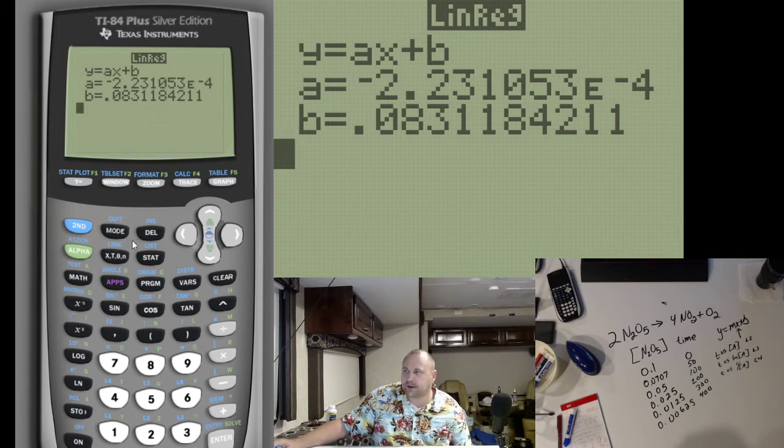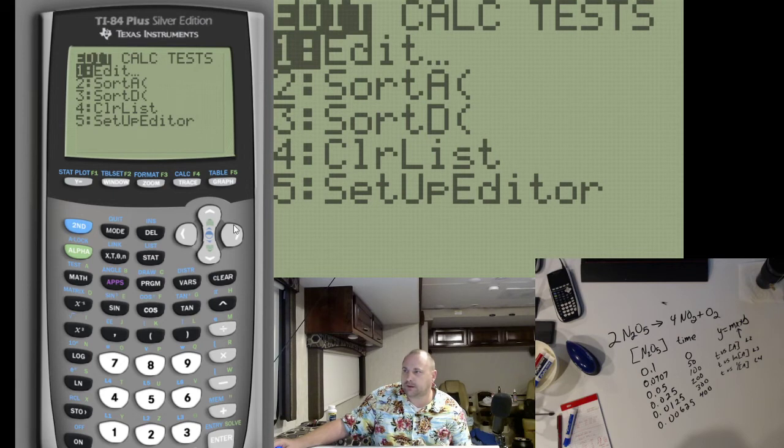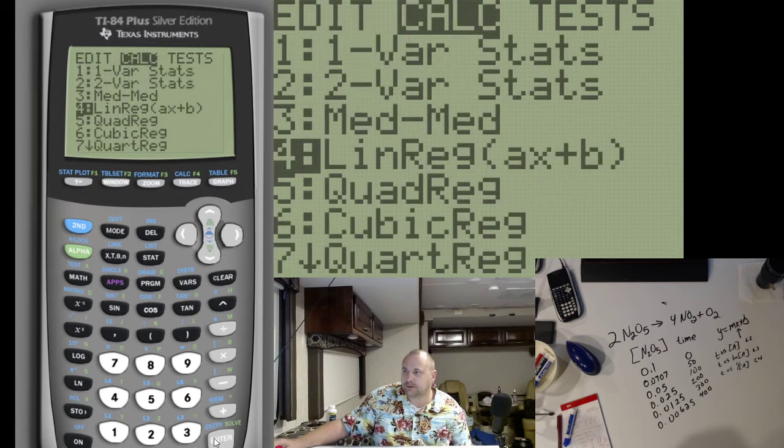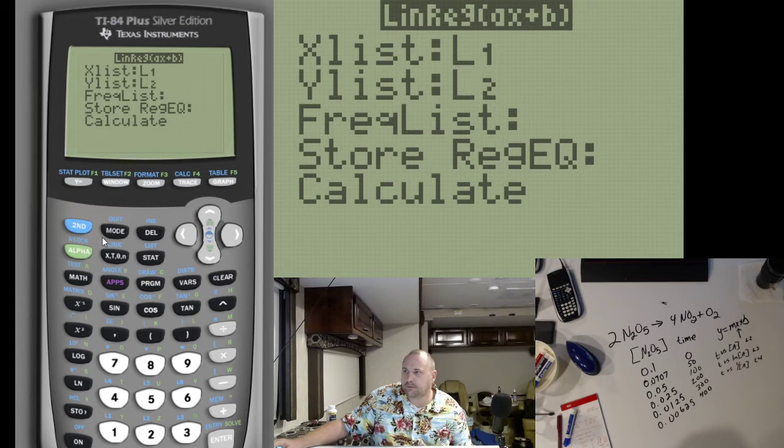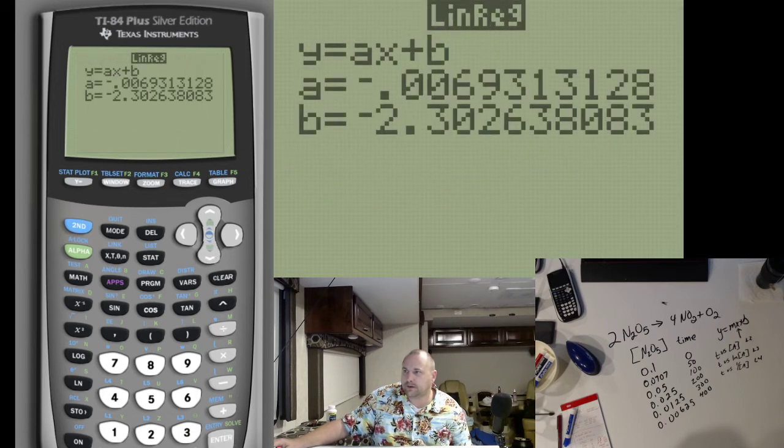But that doesn't tell me if that's a straight line. So when I come back and do another calculation, and I make this second one L3, and calculate, now I see a different slope. But it's hard to tell. This is great. This will give me the slope, and I can use that in my calculations. But what it doesn't tell me is how straight that line is. And it's actually doing that calculation. This is the place to see this. And so it turns out